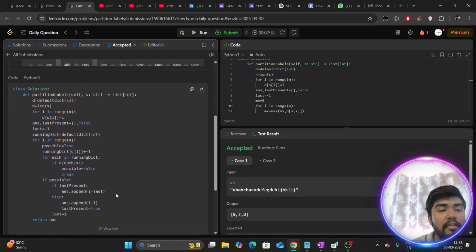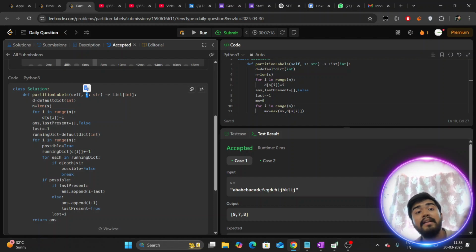So in the first solution, I am creating a default dict, as we have been following in the last few videos, because we need the last occurrence of a particular character in the given string. We iterate for i in range n, and we store d of s of i equals i. So if s of i is the character, I am storing the index. Let's suppose a has occurred multiple times, at index 0, 1 and 5. Every time we get an occurrence, I update the index. This way, the frequency map stores, for all the characters in our given string s,